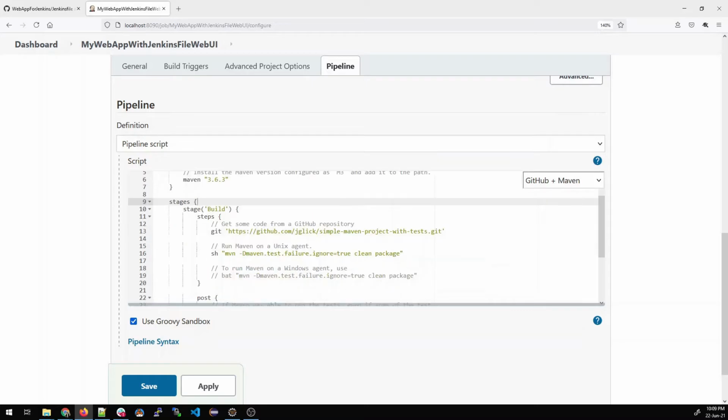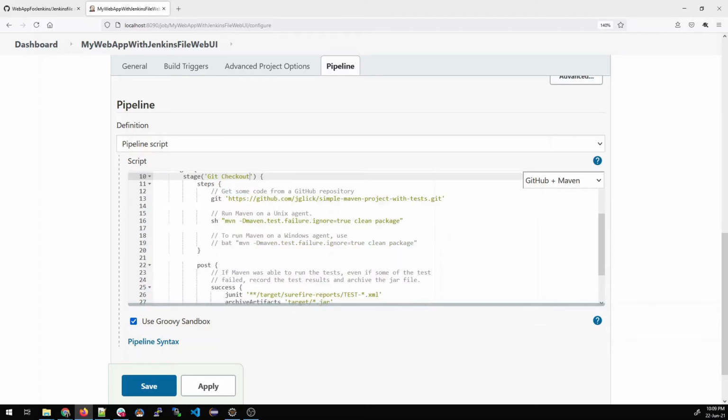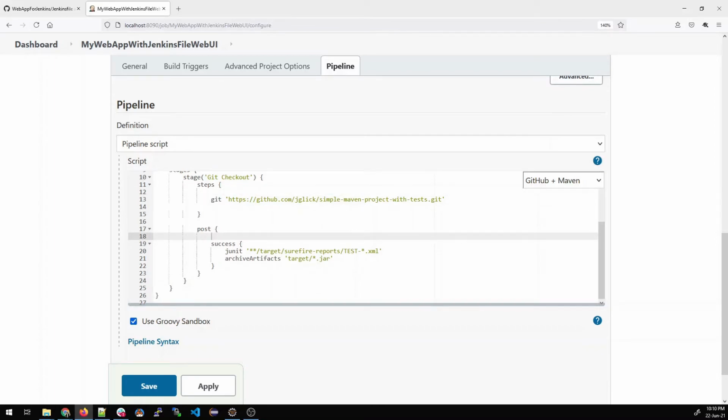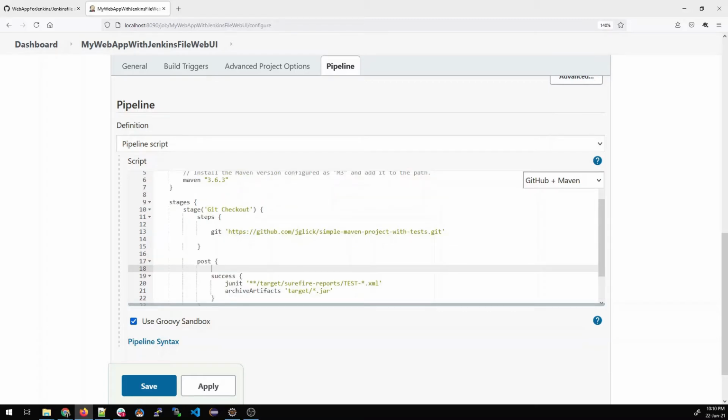You can edit this stuff, whatever it's written. You can just scroll down and see there are a few things over here. That's a very basic thing, and in the steps you can edit the stage like we saw in the previous videos as well, like git checkout or something. And there is one thing that you can notice over here, that double slashes is for comment in a Groovy based script. So this is a Groovy based script, so that's why you're using that. You can edit it and you can remove the stuff that you don't need.